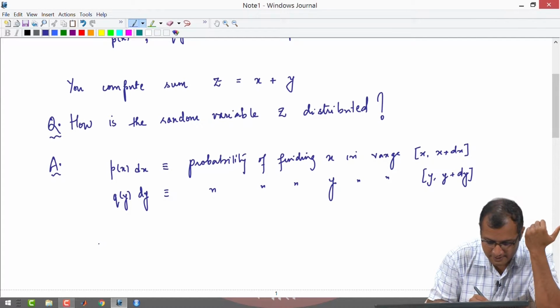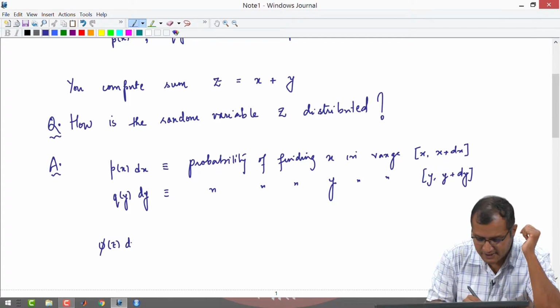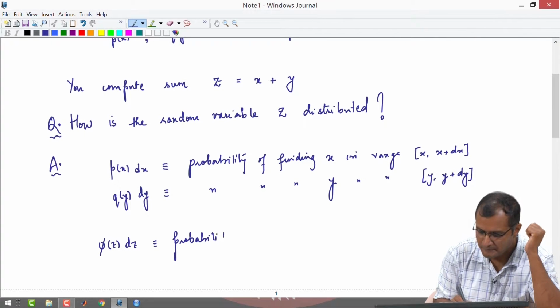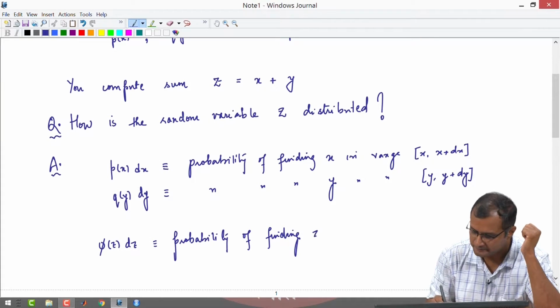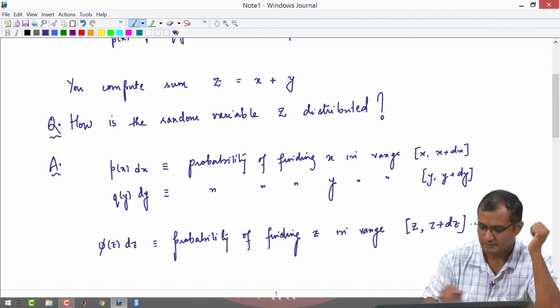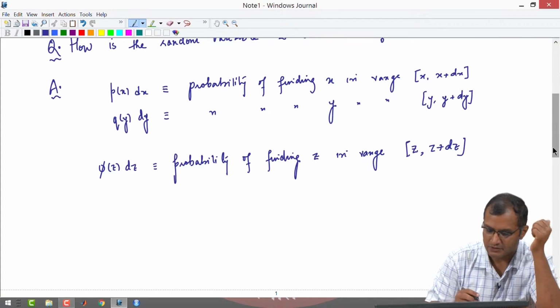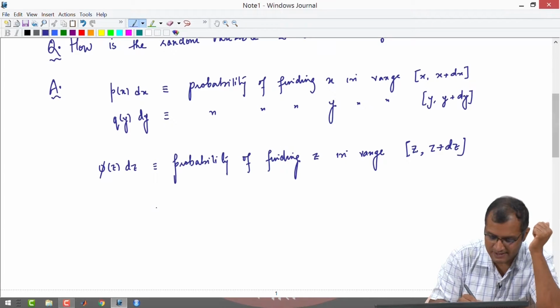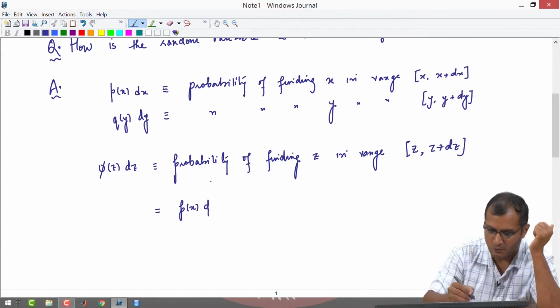The answer is let us say phi of z is the PDF of z, then phi of z dz is the probability of finding z in range z to z plus dz, okay, which should tell you that you have to be careful here, in the sense that you can't say phi of z dz is p of x q of y